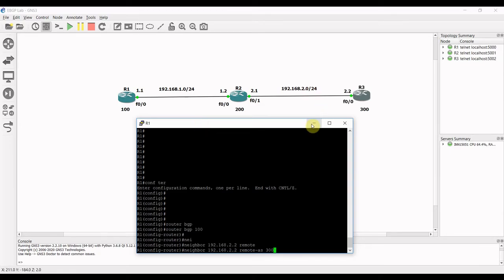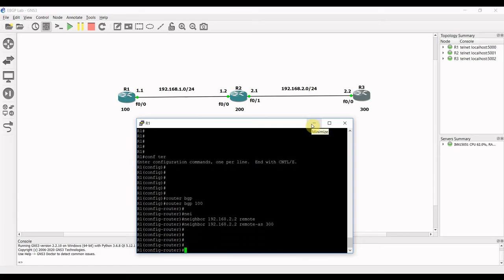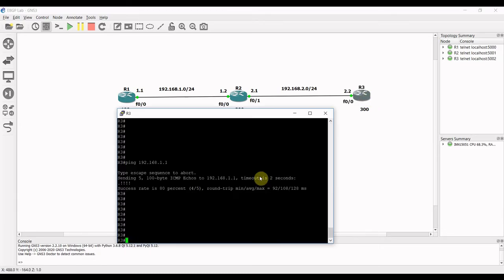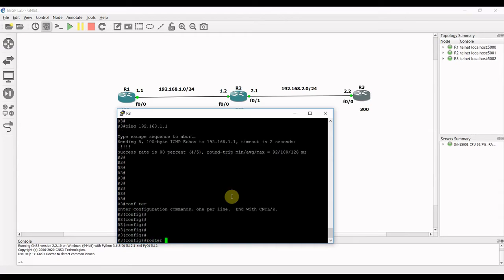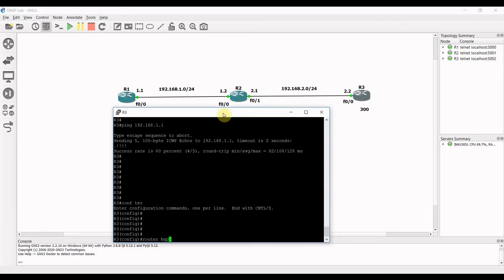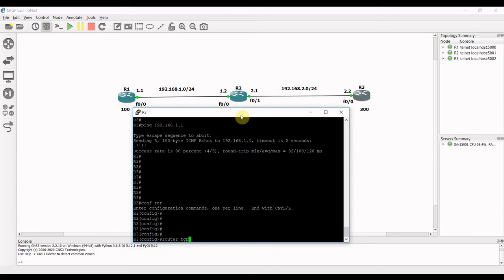So this we have used here at router 1. The same thing we will be using at router 3.